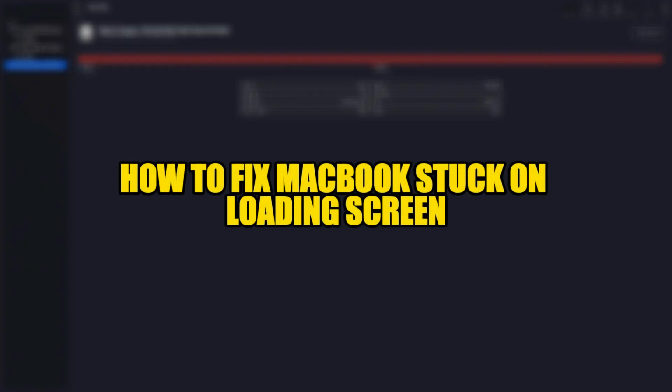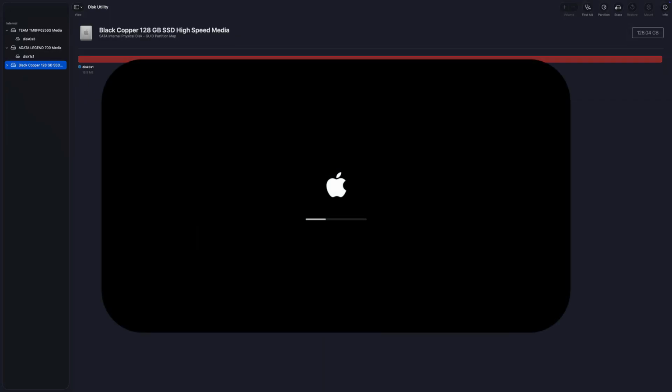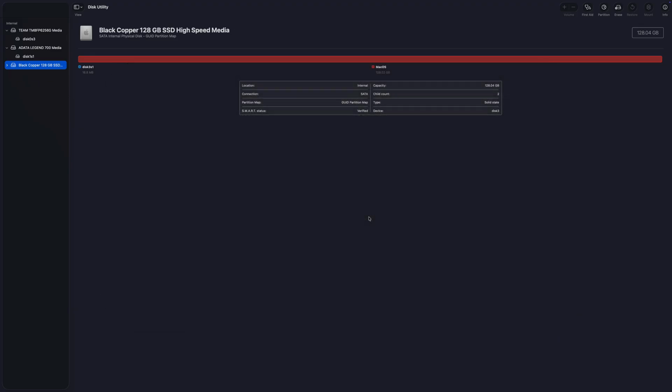In today's video, we'll learn how to fix a MacBook stuck on the loading screen where the Apple logo appears but the progress bar does not move or gets stuck halfway. This usually happens due to startup disk issues, corrupted system cache, or a failed update, and we'll go through simple